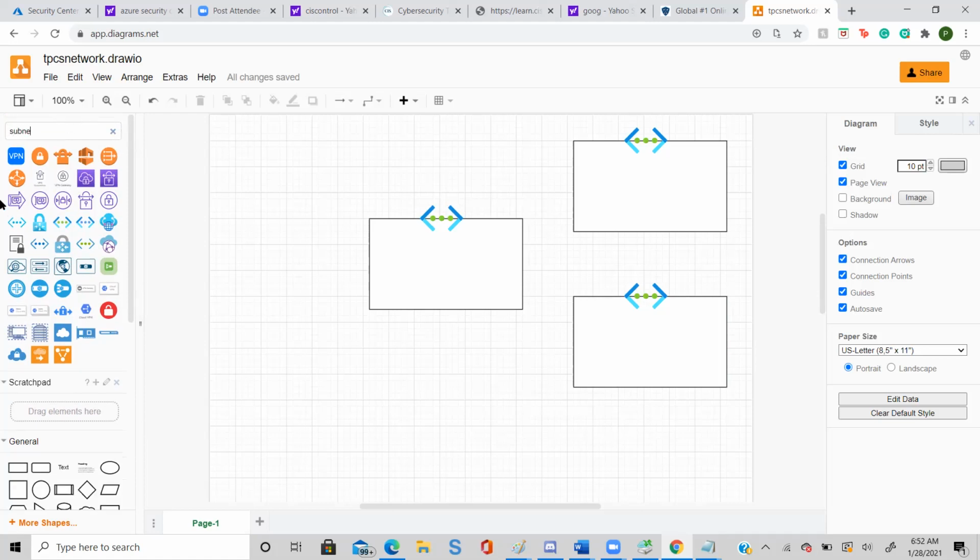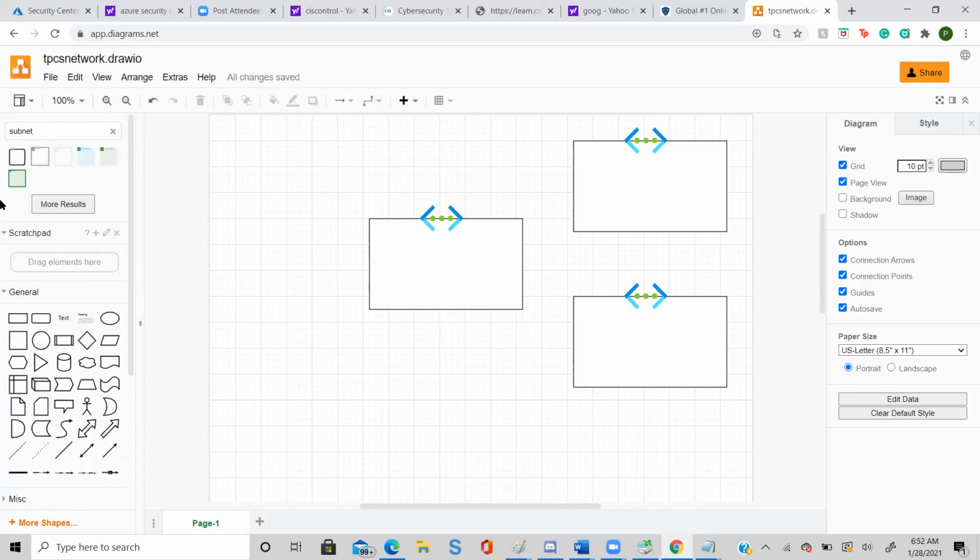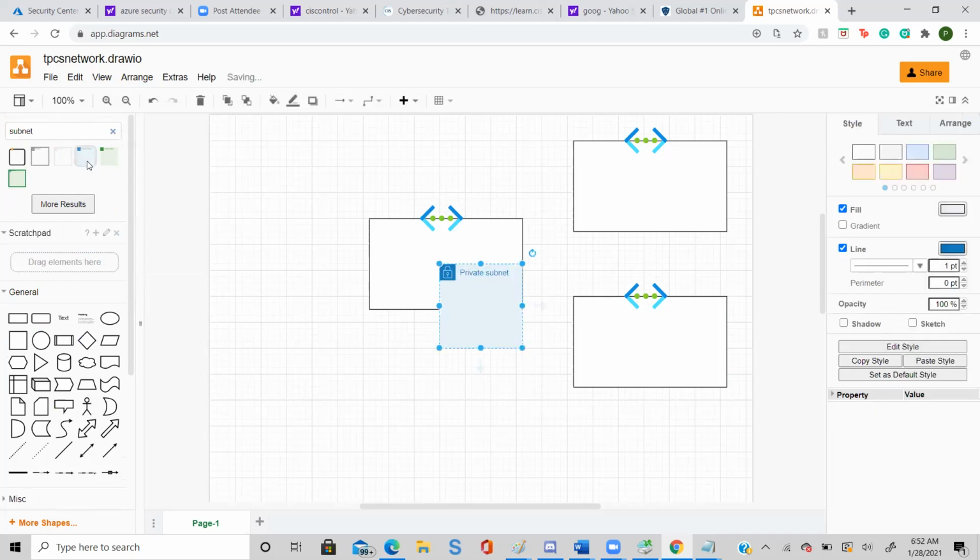Enter. Now you see the last two boxes. One is a public subnet, one is a private subnet. So just take a private subnet. Click that one.